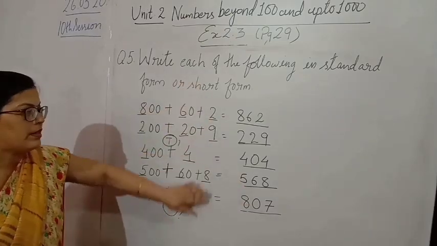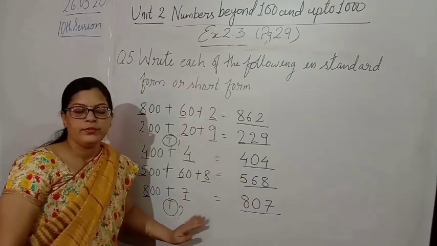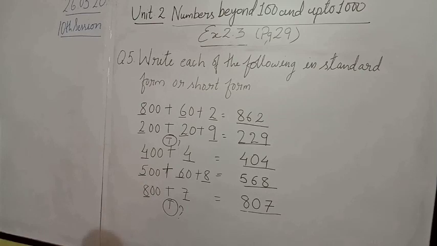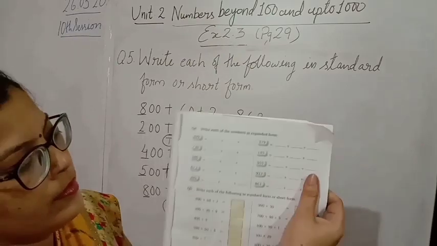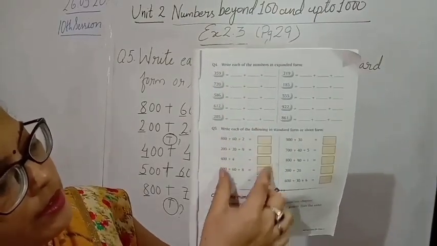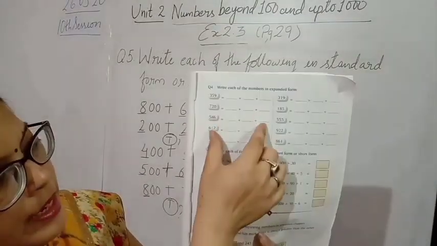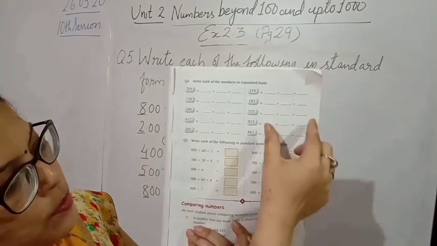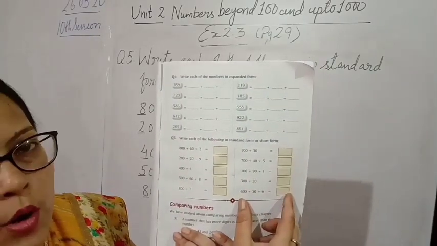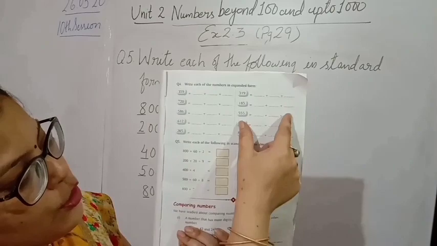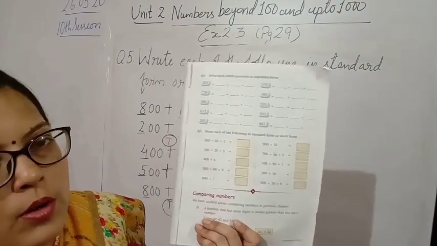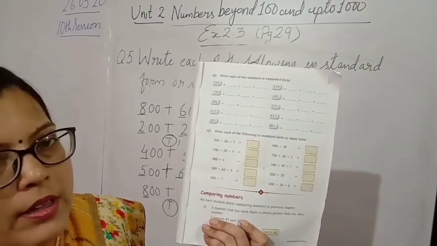I hope this exercise is clear to you. Write these answers in your book. Now see here, these parts I have explained and done on the board. Now these two parts you have to do in your homework. Clear, students? These two parts you have to do on your own. It will be your homework. Got it?